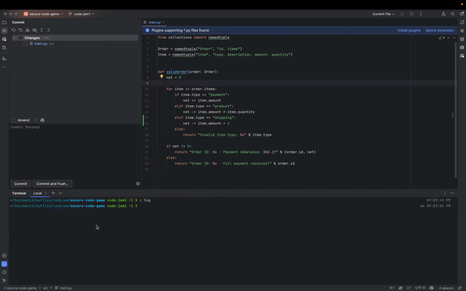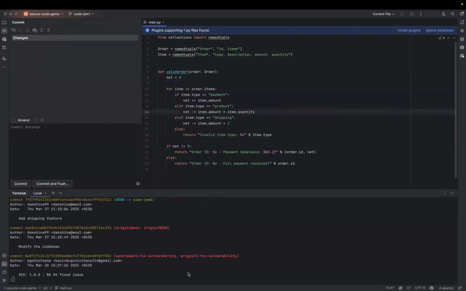So in that sense, I can again git add all, and again git commit -m add shipping feature. Now you can again see git log. After hitting that, you can see again we have the add shipping feature.